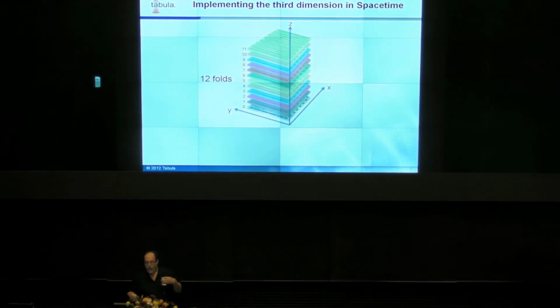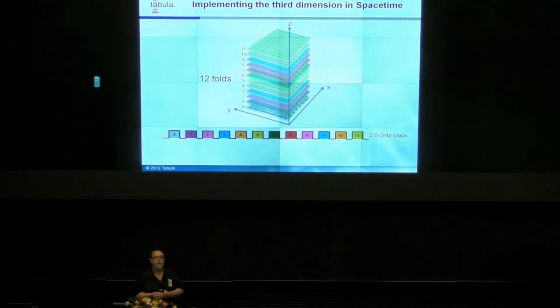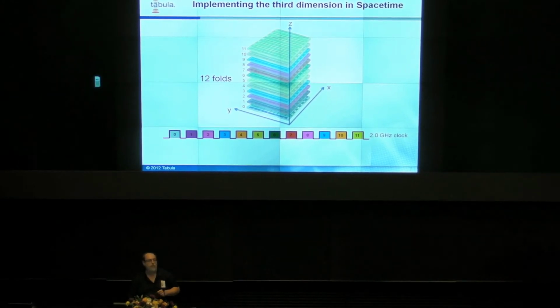So we have devices with some number of planes of computation that we call folds. And what's happening if we have a device with, say, 12 folds, is that under the covers, we have a very high-performance clock that can go up to 2 gigahertz, a high performance even by ASIC standards. And what happens is that during your computation, even though we present it to you as this 3D device with those 12 floors, in fact, what's happening on the chip, under the covers, hidden from you as a user of